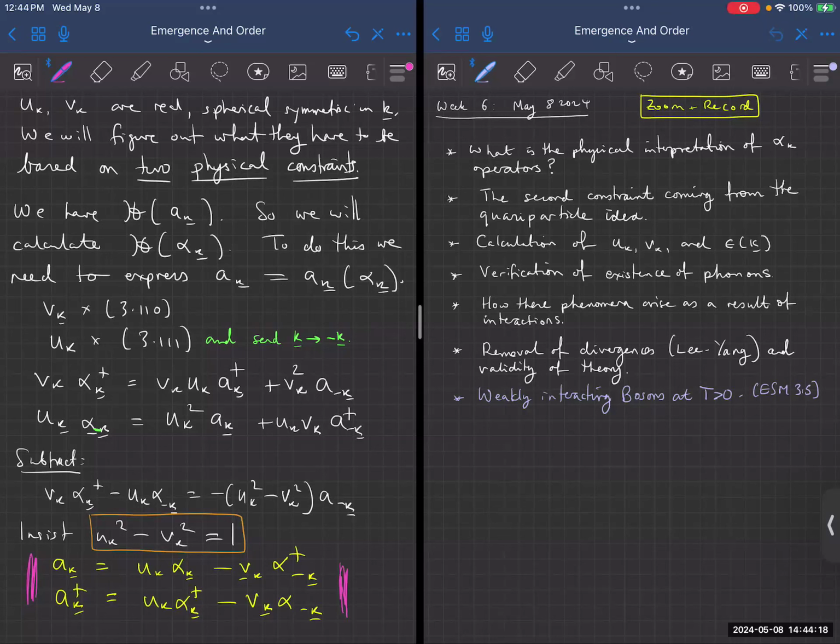Then at the end of the lecture, if I have time, we'll get on to the next topic, which is looking at what happens to weakly interacting bosons at temperatures greater than 0. So everything we're doing last time and today is all at 0 temperature. All right. So now that we've said that,